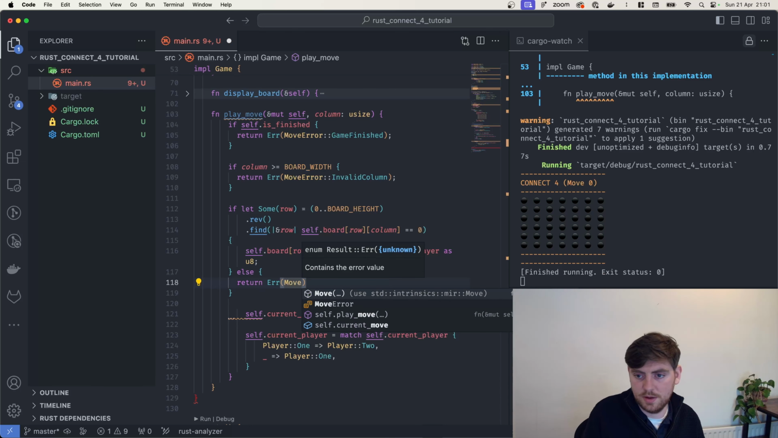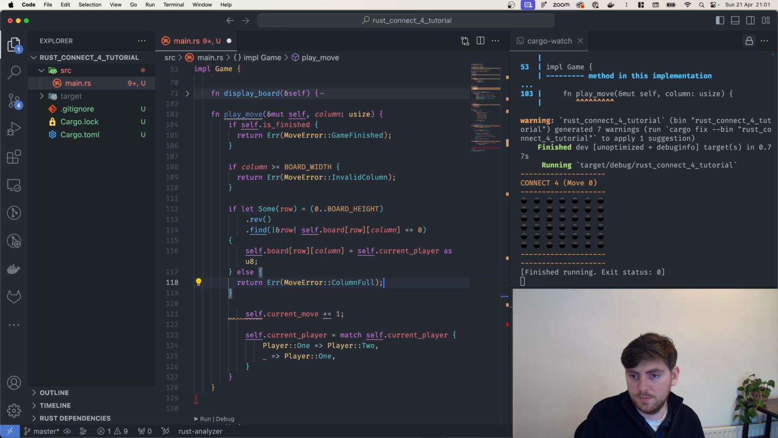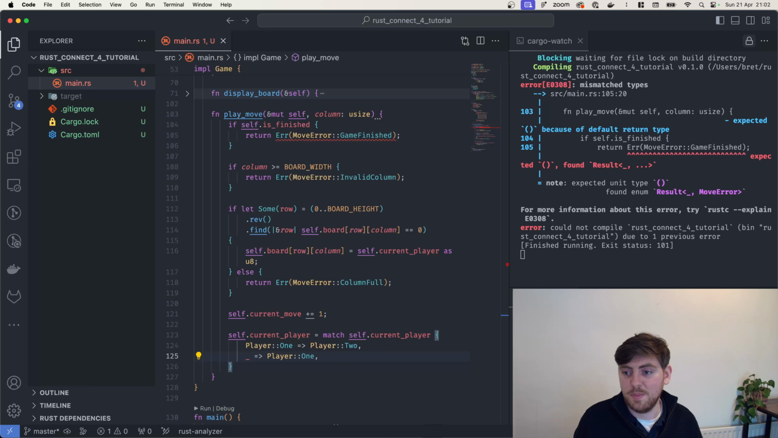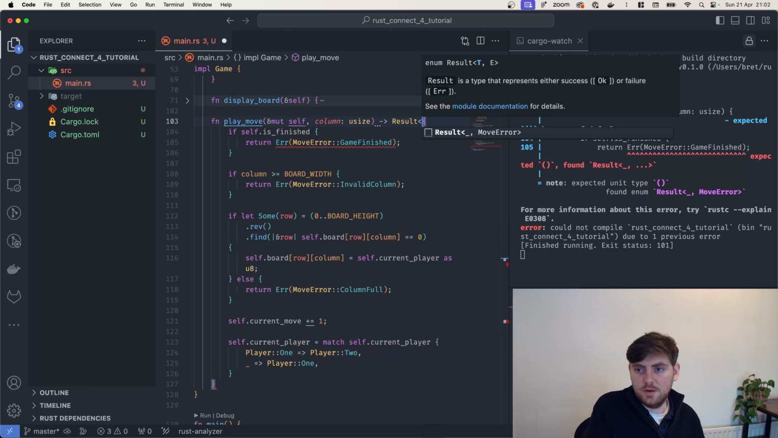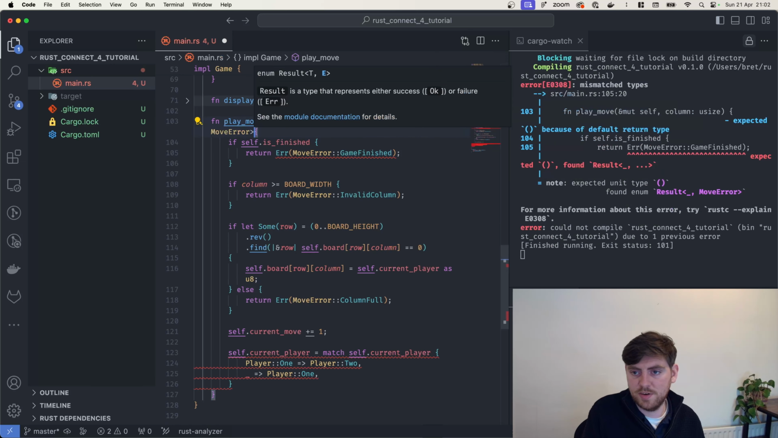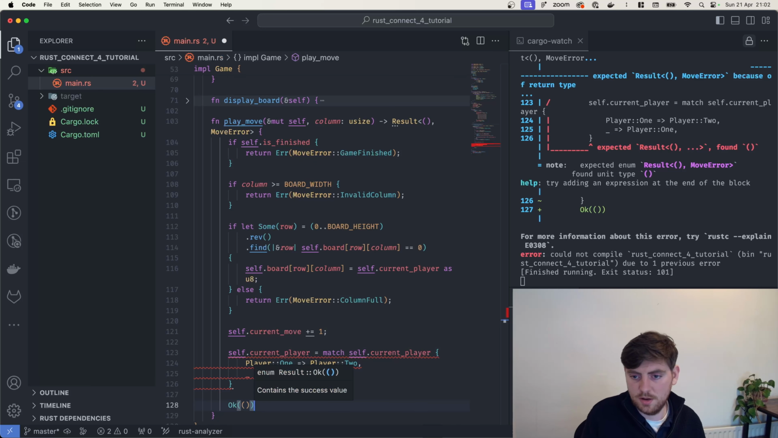Move error column full. And we need to delete one curly brace. The compiler is not happy because we haven't specified our return type. So let's return a type of result, which is either void or it is a move error. And that means we just need to go to the bottom and return an empty